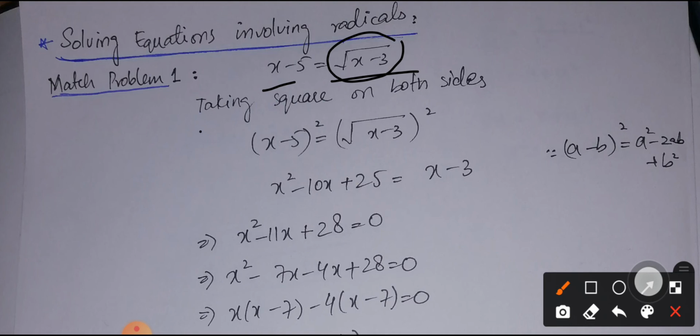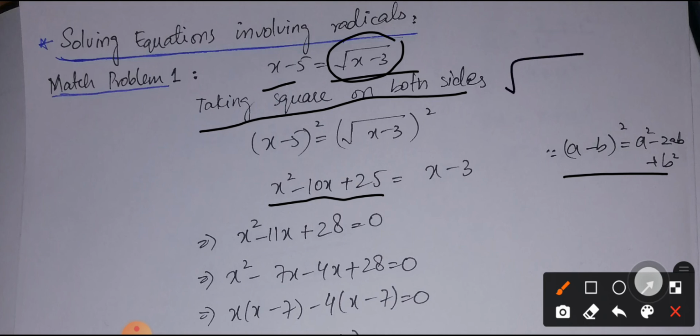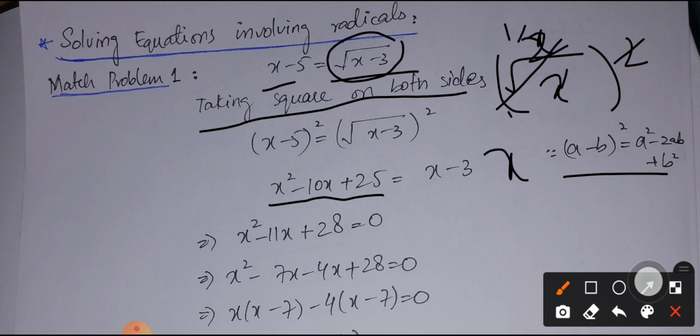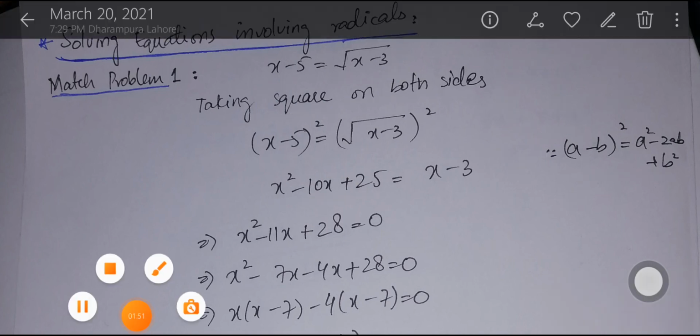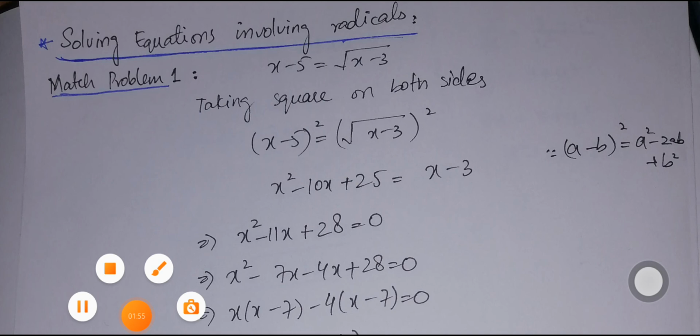Simply, we are going to take the square on both sides so that this square root can be cancelled out with the power 2. By taking the square on both sides, the left side is going to be x square minus 10x plus 25, by using the formula a minus b whole square is equal to a square minus 2ab plus b square. And obviously, if I have the square root of x whole square, the square and square root will be cancelled because square root means the power 1 by 2. X raised to the power 1 by 2 and whole power 2 cancel out, and we are left with x. So if we have a square root with a whole square, we can simply write down the